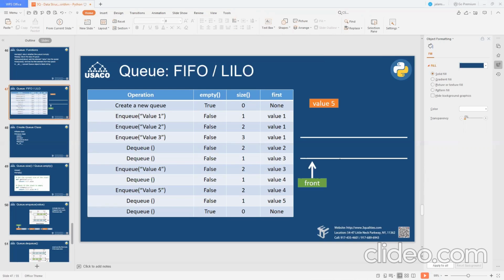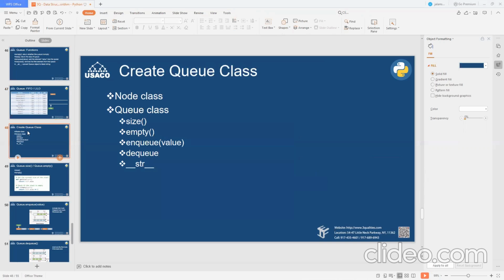And in future classes, we're going to really use those data structures to solve programming problems. Okay, so that's step by step. Very important. So now the next step is to try to create our queue class similar to the stack class.